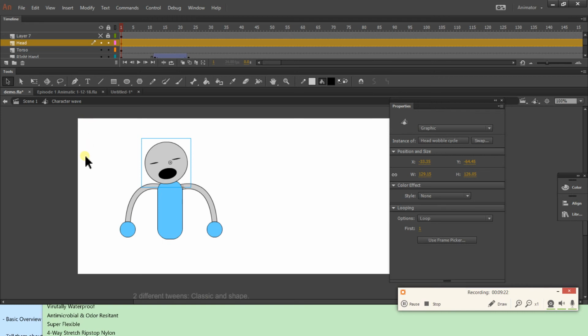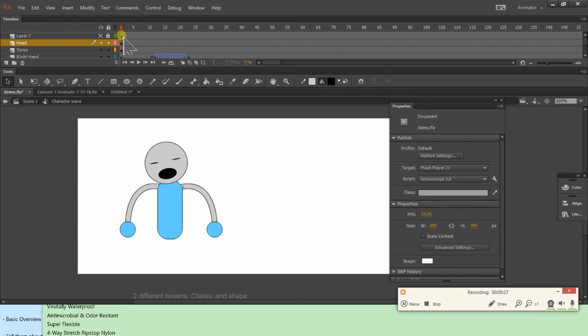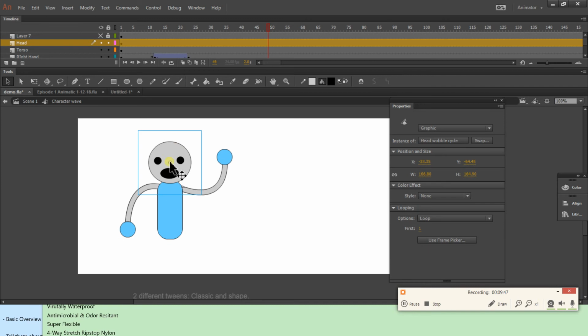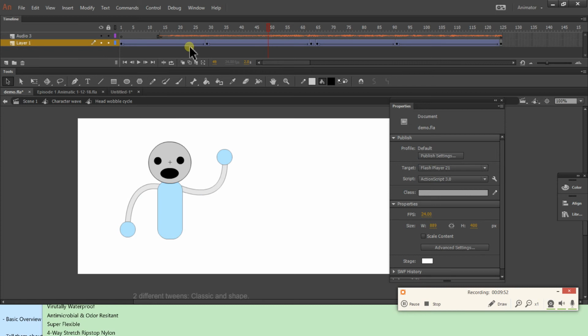It's good to organize things in layers and just be as organized as you can be. I'll have a layer for the head, torso, left and right shoulder, left and right hand. I want things to be on their own layers. And also this head that wobbles left and right, it's its own symbol. So I can go inside of this symbol, double click it, and look, I have an audio layer,